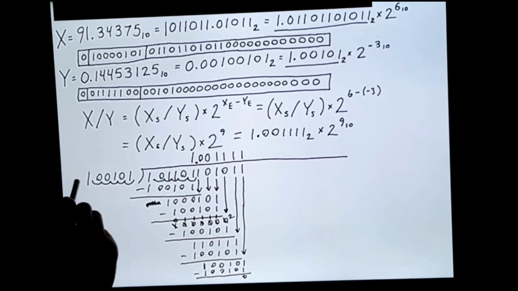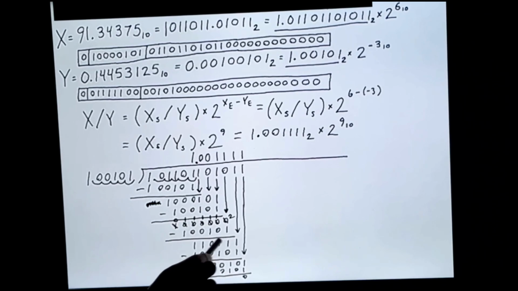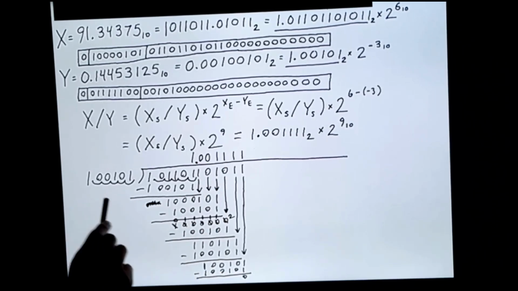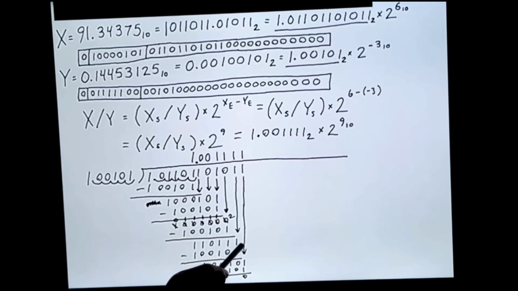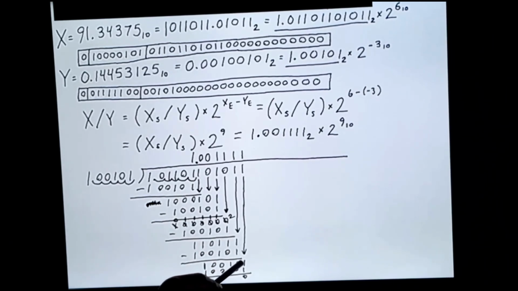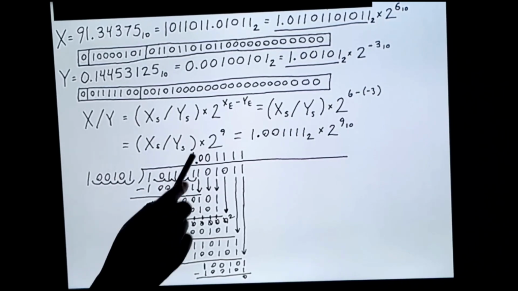Now check whether I can divide this by this or not. Yes, this is bigger. So 1 time I can. If so, then I will get again 1 0 0 1 0 1. Just subtract it. You will get 1 0 0 1 0. And if you take down 1, then it will be 1 0 0 1 0 1. Exactly 1 time I can divide. You understood? So what is the final result? The final result is this: